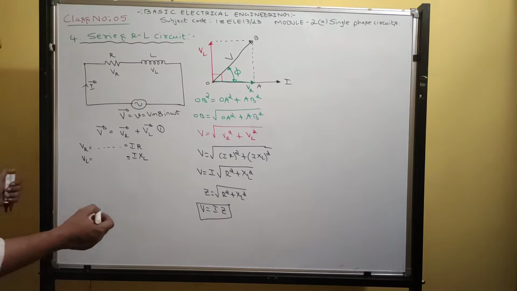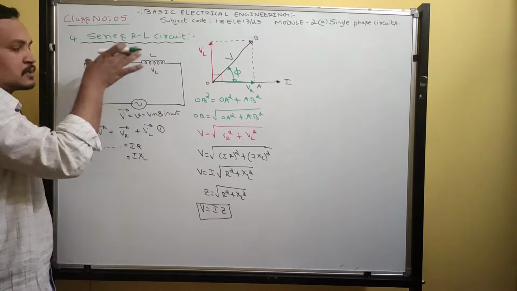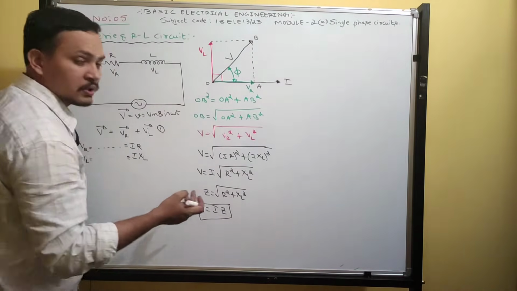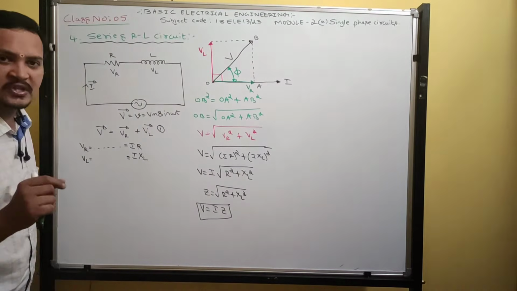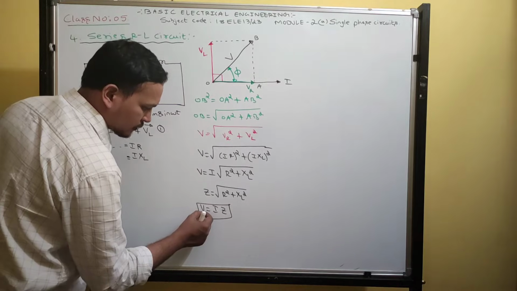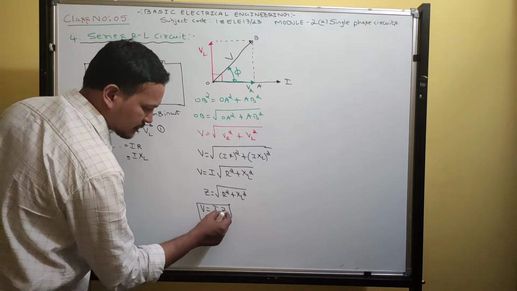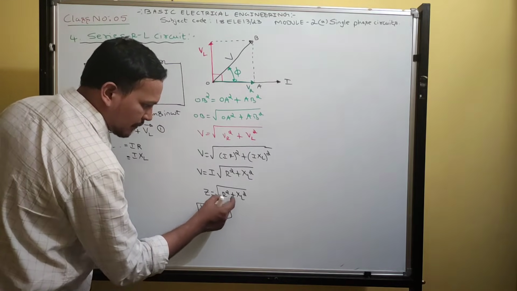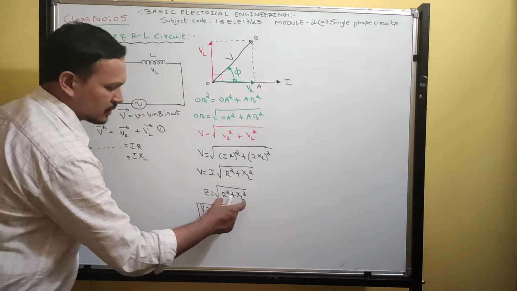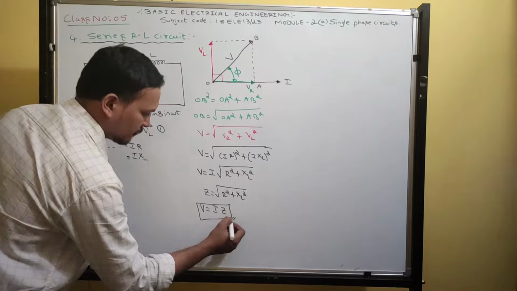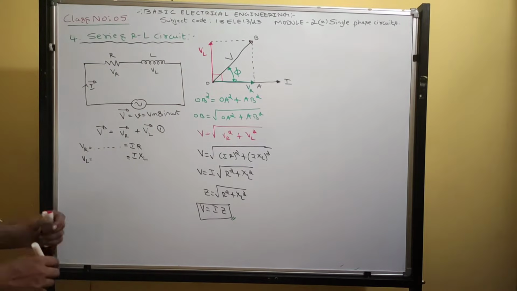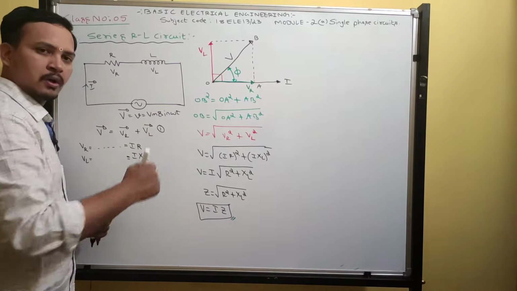Understood, guys? So, what is the overall voltage connected to the circuit? Current into impedance. Guys, all these quantities are RMS values. So this is voltage RMS, current also RMS, and this Z is the magnitude. This Z is nothing but the magnitude, and that is also an RMS quantity. V is equal to I into Z. Pause the video and then copy down.